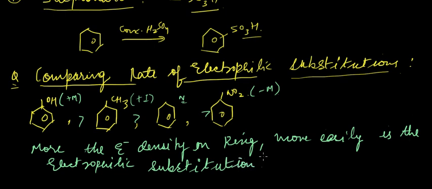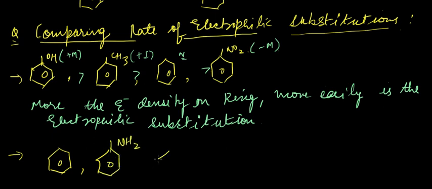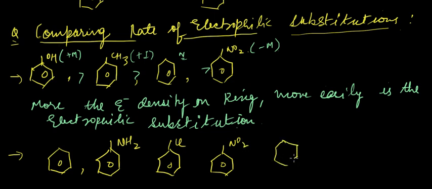Okay, so now let's see one more example for the same. We have something like simple benzene, aniline, chlorobenzene, nitrobenzene and orthopara dinitrobenzene or orthopara nitrobenzene. Okay, so what would be the rate? You know that